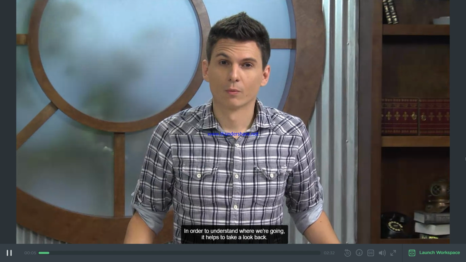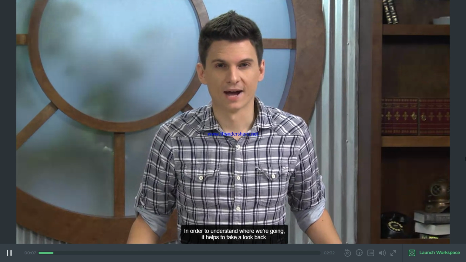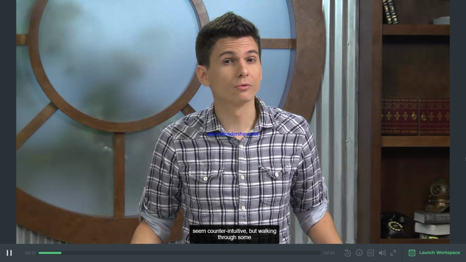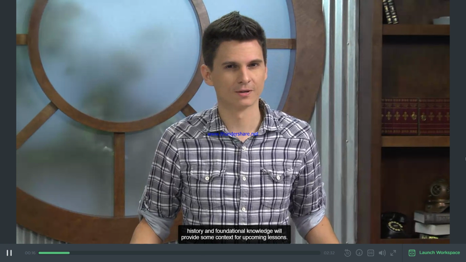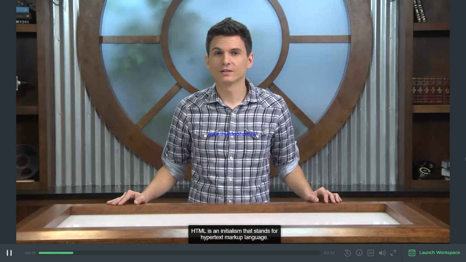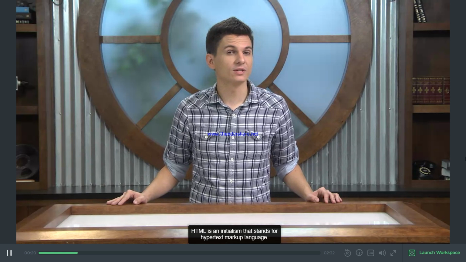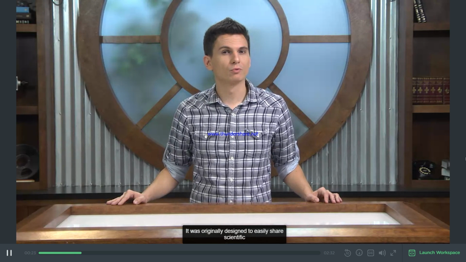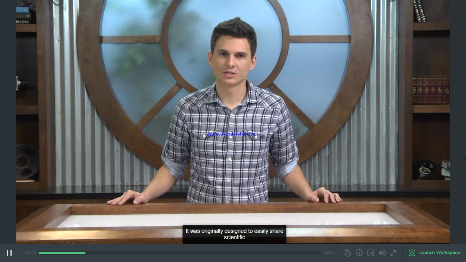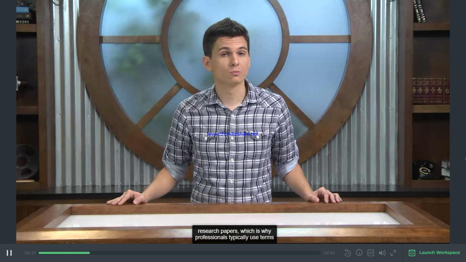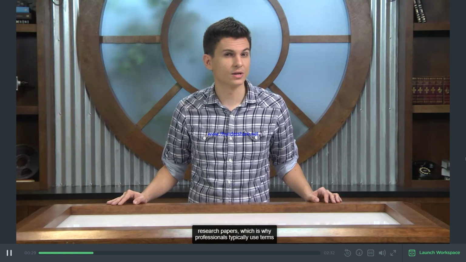In order to understand where we're going, it helps to take a look back. Many things in HTML can seem counterintuitive, but walking through some history and foundational knowledge will provide some context for upcoming lessons. HTML is an initialism that stands for Hypertext Markup Language. It was originally designed to easily share scientific research papers,